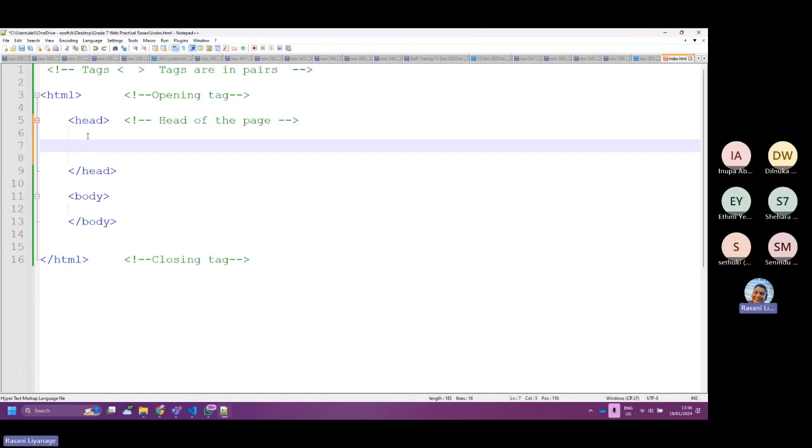Come between those two. Then press tab. So you're somewhere here.